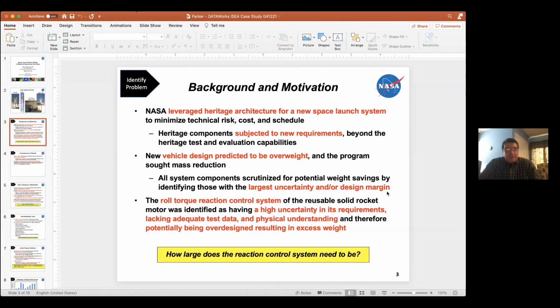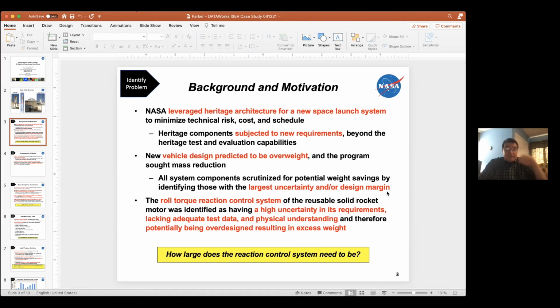In particular, the component, and I probably skipped this through our fiddling with the slides there on step 2, is a component called roll torque. And that torque is, imagine that single rocket going through a rifling type of motion as it takes off. That wasn't important in the shuttle system, where you had two engines bolted on to a main engine, but in a single configuration, it was very important to characterize. And so that's really, now that we're back on track from that picture, the main topic here. You're going to hear me talking about roll torque.